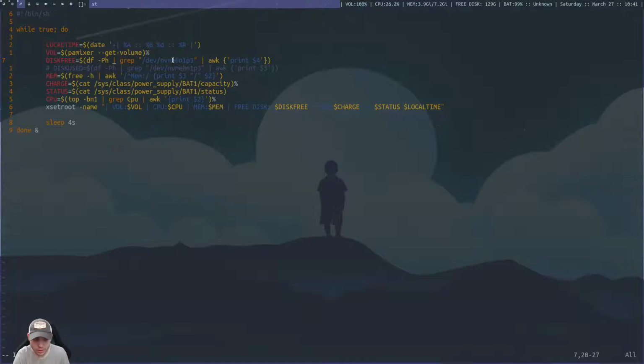I'm essentially running a program called df, passing in certain flags to get certain information. Then the long bar here, that's a pipe symbol. So I'm taking the output of this command and piping it into grep, which is a program where you can filter stuff and look for certain things. I'm looking for dev/nvme0n1p3, which is my NVMe drive and the main partition, the one I have my entire system installed on. Then I pass that into awk and print column 4, which gives me the free disk space.